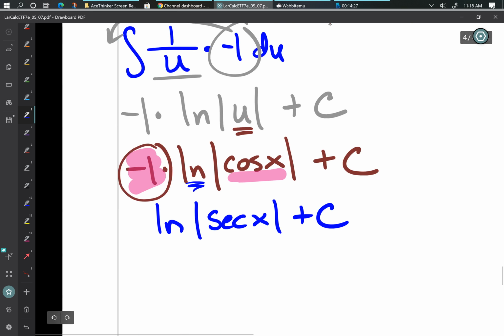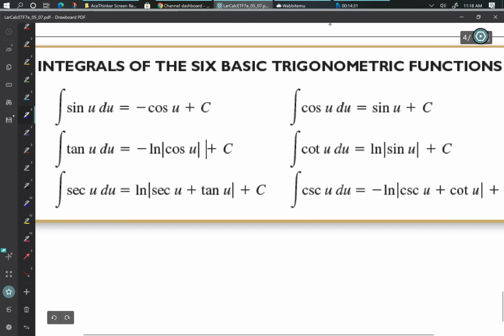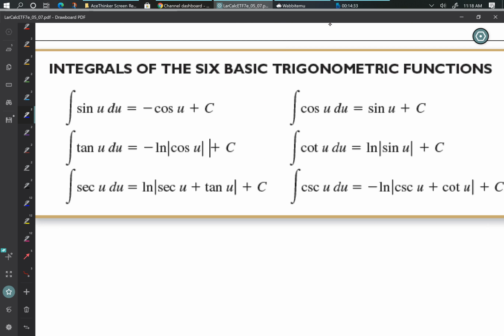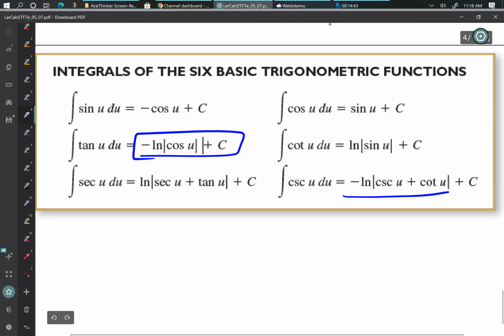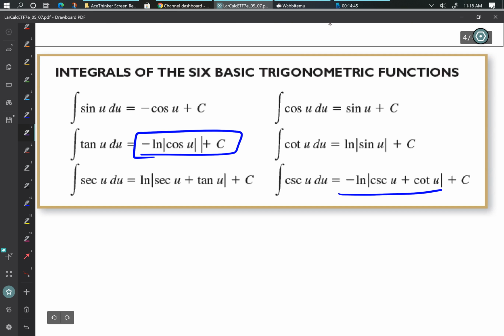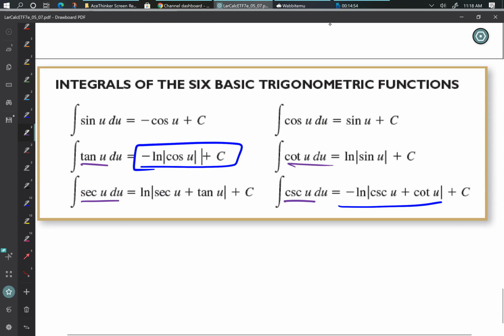Right? Now this exact same logic that we just did right here can be applied to all of the trigonometric functions. You'll notice that for our book, our author has chosen to leave the negative in there as well as the negative here and not moving it up and making it into an exponent. Right? But all of the other 4 trigonometric functions, tangent, cotangent, secant, and cosecant, can all be dealt with in this way. Right? If you are bored over your holiday break,